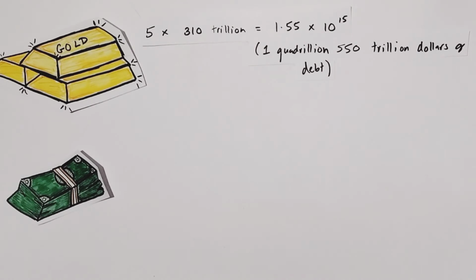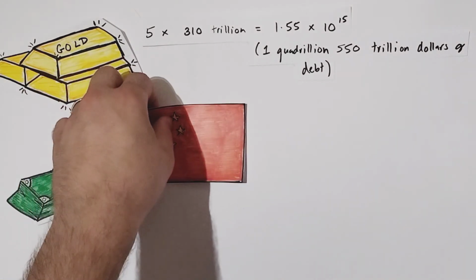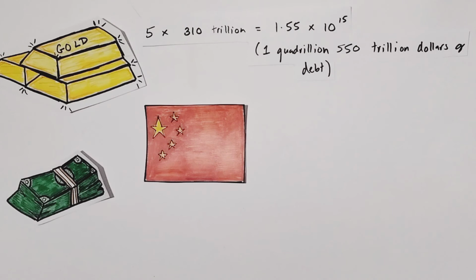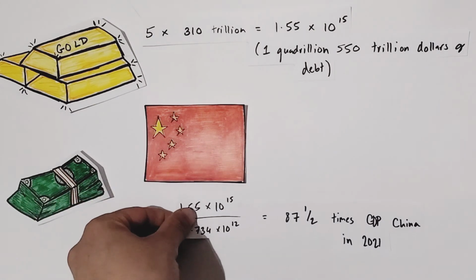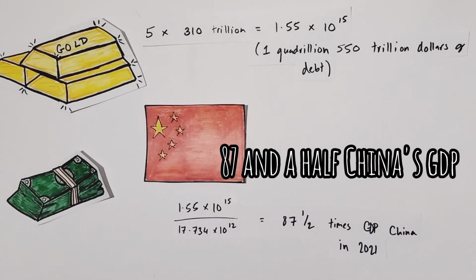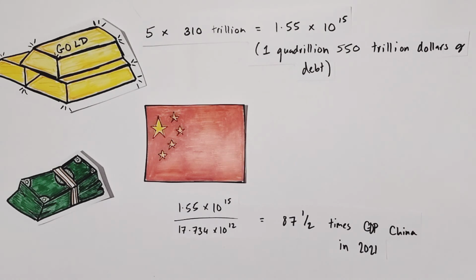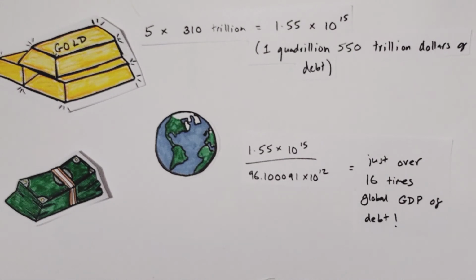If you want some context for that number, let's take China as a good example. The second largest economy on earth and the fastest growing economy on earth. And this amount of debt would be 87.5 times the total GDP of China in 2021. Let's think even bigger, shall we? So the amount of debt you build up trying to extract gold from the oceans would be 16 times the total GDP of every nation on earth. So I think it's worth saying that, hey,